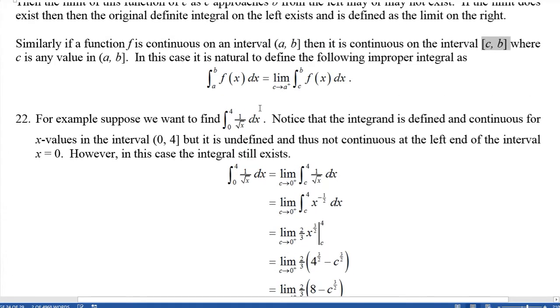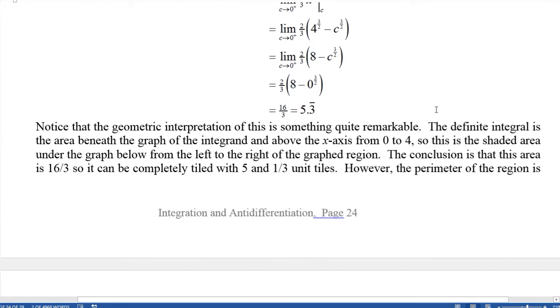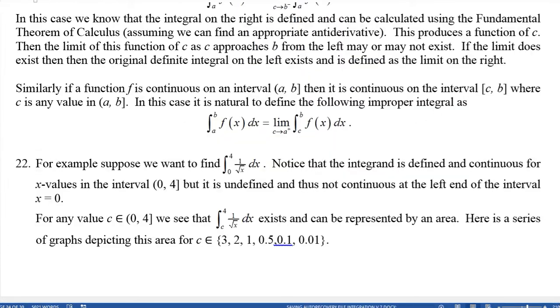So actually, you know what? I'm gonna demonstrate something here. Okay, so let's look at this as an example. Suppose we want to find the integral from 0 to 4 of 1 over the square root of x dx. Notice that this integral is defined and continuous for x in the interval from 0 to 4, but